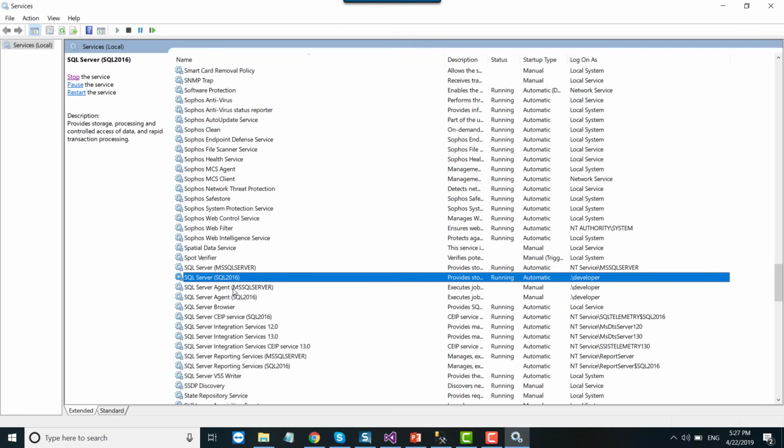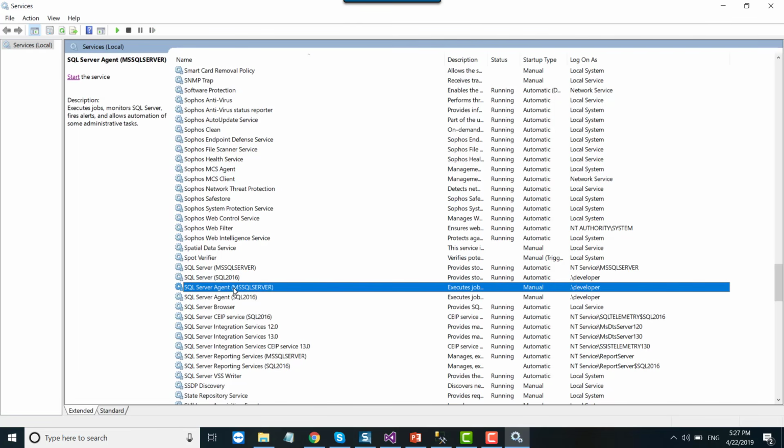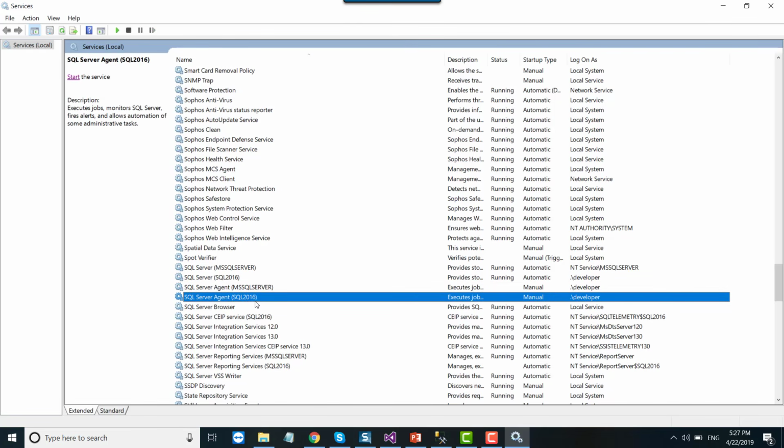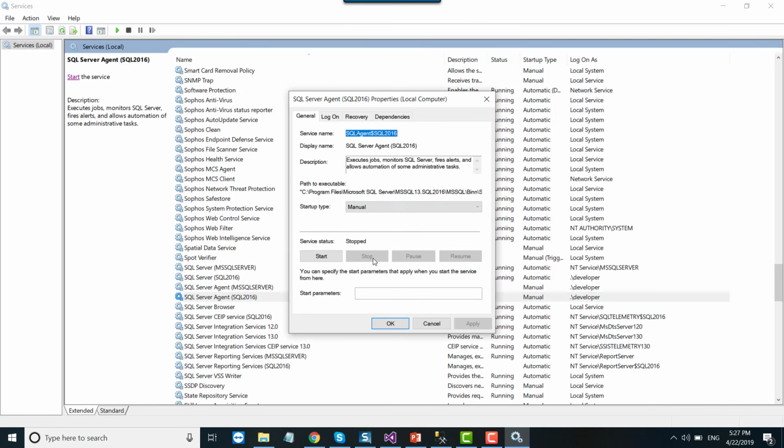So for each instance you should have a separate SQL Server agent Windows service. So this is my SQL Server agent Windows service for SQL 2016. You can check the status of the service as well, that right now it's stopped. So that's why it's asking that you can start the service, and you can right click and go to properties as well. So you can see that right now this particular job is stopped.